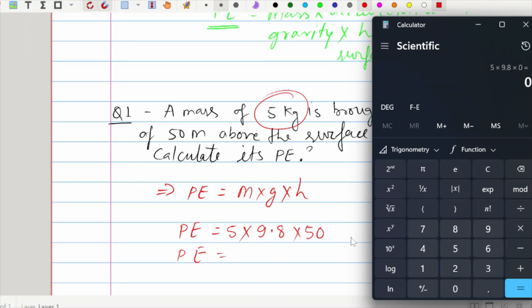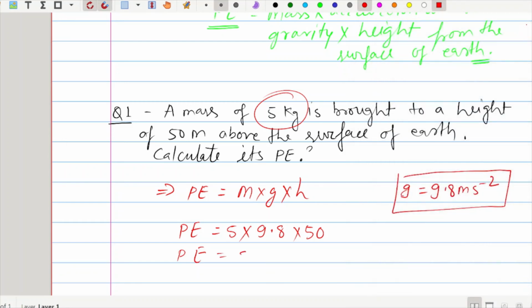Oh, I wrote the value 5 improperly, so let's do it again. 5 into 9.8 into 50, right? So now I think it's proper. Yes, so the answer which we are getting is